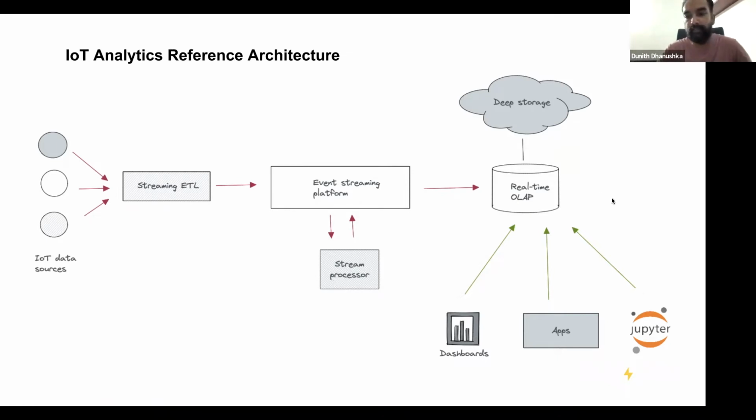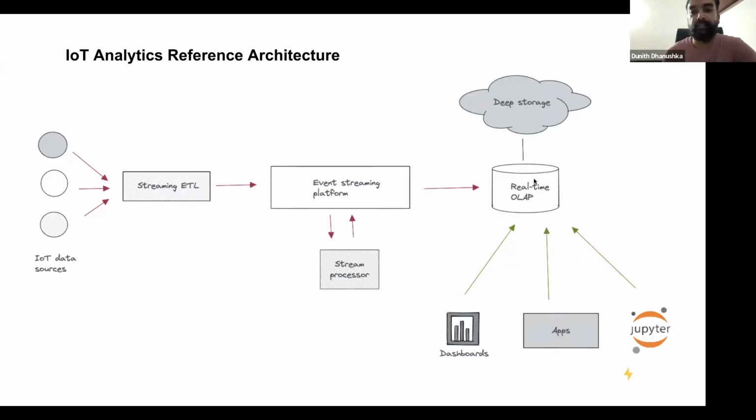And then we have the real-time OLAP database. The purpose of this real-time OLAP database is to ingest data coming from the event streaming platform in a real-time and scalable fashion. This data can then be accessed or queried in real time by various dashboard solutions, BI dashboards, custom applications like APIs, and various exploratory data tools like Jupyter Notebooks and other Python or EDA solutions.